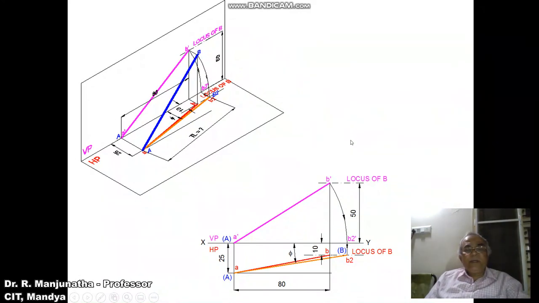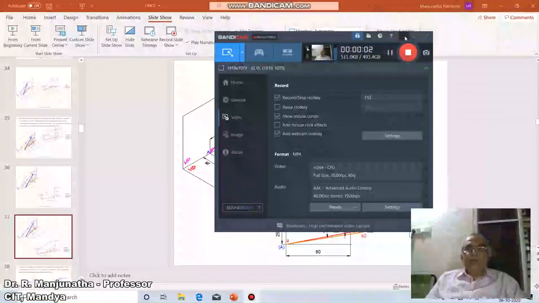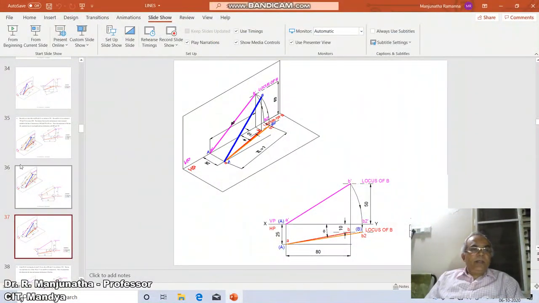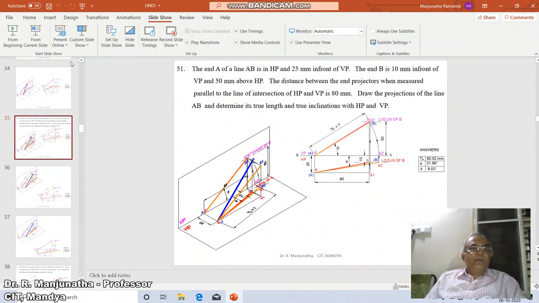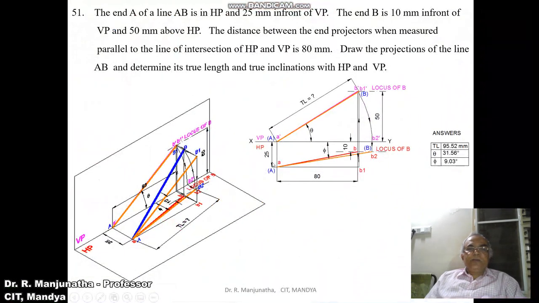Now this is how we will be able to solve the problem. You will be able to analyze the problem in three dimensions and solve the problem in orthographic view. To do that, first we are going to draw the XY line and mark VP and HP. This is what we are trying to do in the sketchbook. So first